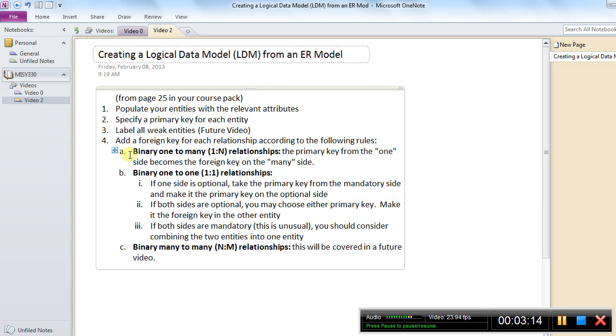For binary one-to-one relationships, we've got some more decisions to make here. If we have a situation where one side of the relationship is optional and the other side is mandatory, we're going to take the primary key from the mandatory side and make it the foreign key on the optional side. If both sides are optional in the relationship, that is, they have a minimum cardinality of 0, then we can choose either primary key to make it a foreign key, and we'll actually see that in this